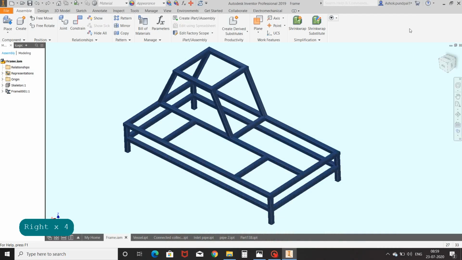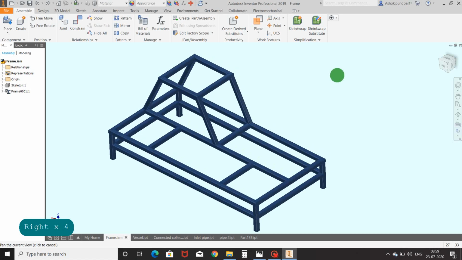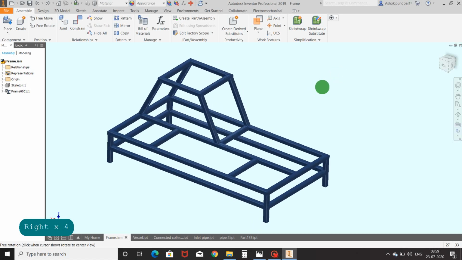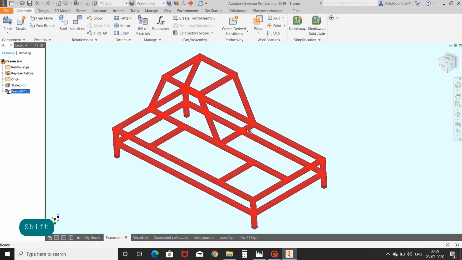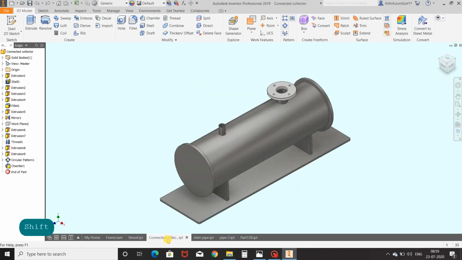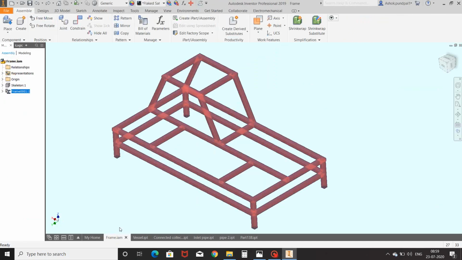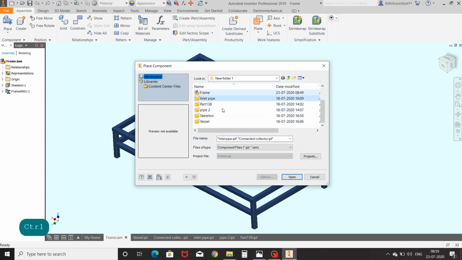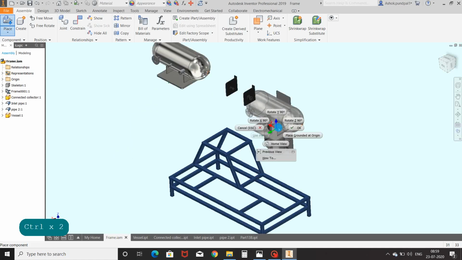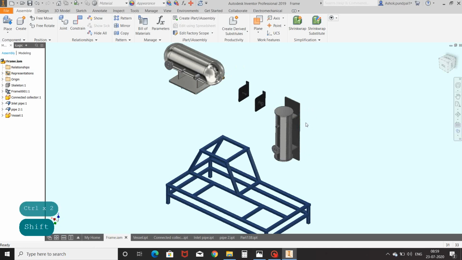Now we will see how we can apply this command in design. We will use the previously created frame and add end connection parts like vessel, reservoir, inlet connection, etc. Now I am adding these parts, which are already created. I am going to constrain these parts at various sections of the frame to create a route for piping.